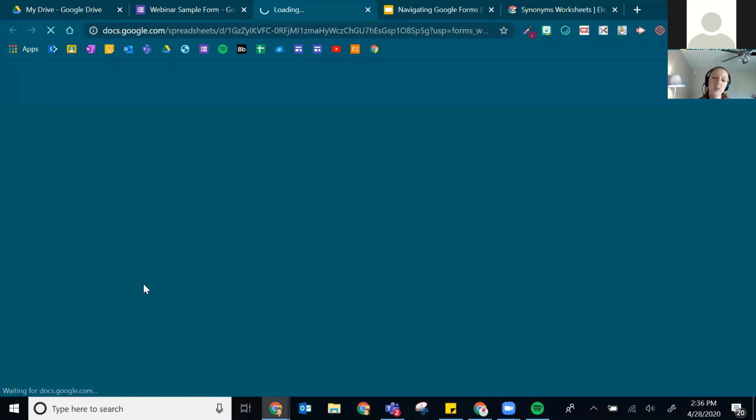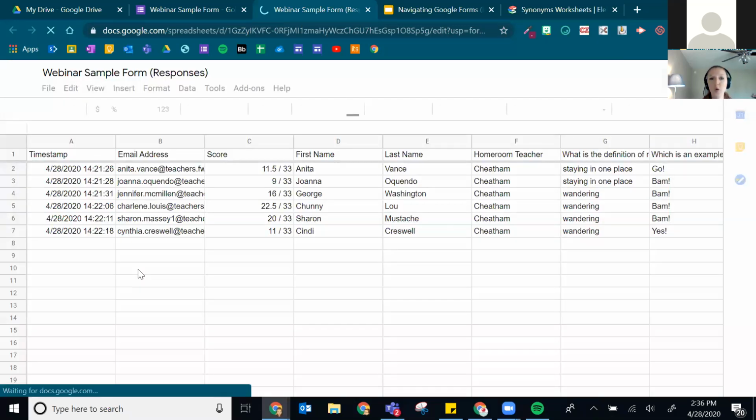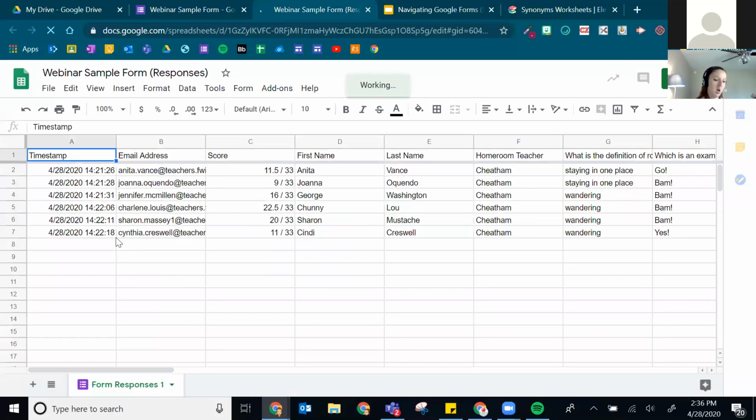and give it a second. So now it is opening my responses in another Google tool that we're going to talk about later this week, sometime on my schedule here. I'm opening my schedule on Thursday afternoon. Okay, and I see all of my questions are different columns, and then each response is a different row. But the cool thing about putting this in Google Sheets is that I can easily sort it and manipulate the